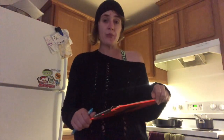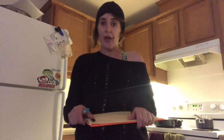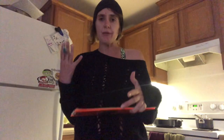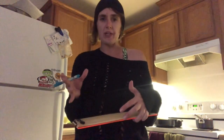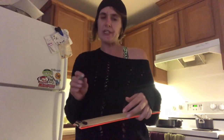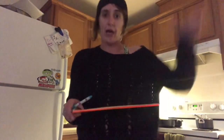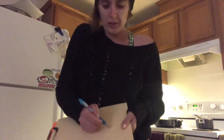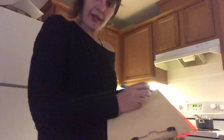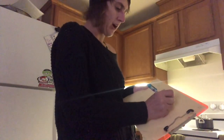And so this test is done on a gel called an agar gel, and it's a clear gel. You might have done this test if you've done a college course in biology. I don't think they really do it in high school, but you might have done this test where they gave you all of the supplies. A higher level college biology course, I'm sure. But the gel is a clear agar gel,